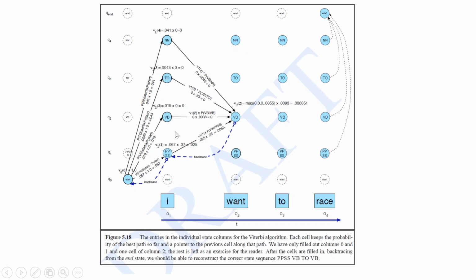Like that you do for all the other states, and you look at what is the maximum value, which state has the maximum value, and that particular path we have to track, because the path with maximum probability is what we consider, right? That is what we talked about when we discussed probability based tag generation. The difference from what we discussed in the previous classes is, here we are not looking at all the possible tags. Here we are following the path which has the greatest probability, and we are also storing this path. So that is what we do.